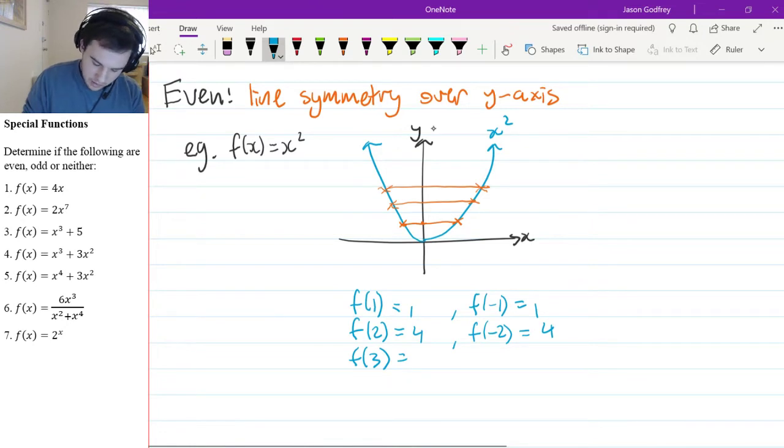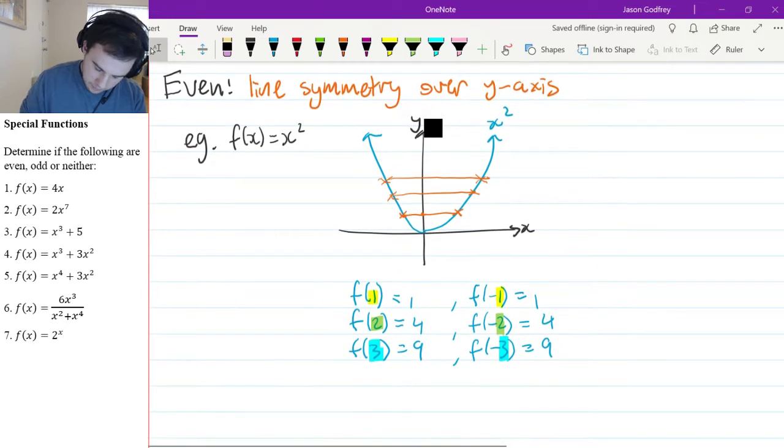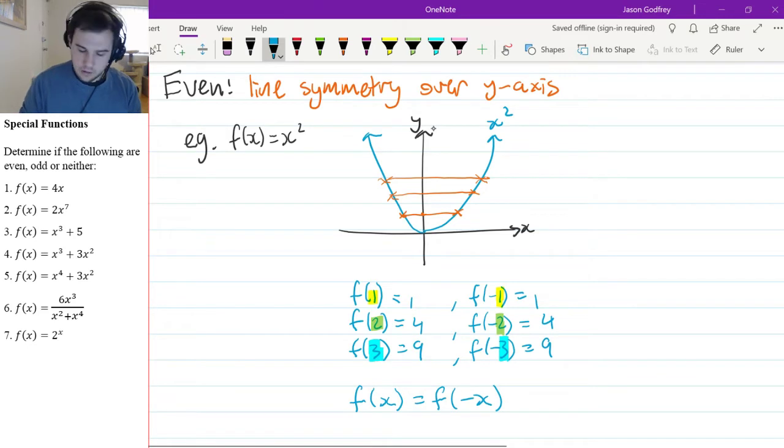Let's do another value. F of 3, when you put 3 into the function, 3 squared is 9. And when you put negative 3 into the function, negative 3 times negative 3 is also 9. So f of 3 equals f of negative 3. So notice here we had 1 and negative 1, we had 2 and negative 2, we had 3 and negative 3. So for an even function, if we put in a number, x, just like 1, 2 and 3, and we put in negative that same number, negative x, negative 1, negative 2, negative 3,